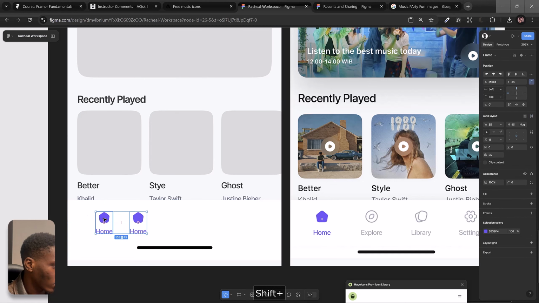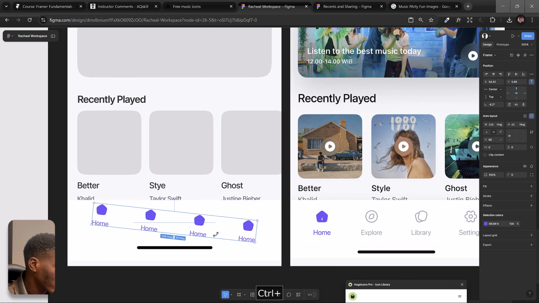I don't know how the distance is going to be, but we need 4 of these, right? We need 4 of these. I think the 4 we have is okay. Then let's spread them all and make sure that it's sitting at the center of the frame. We can even spread them more again. Okay, so all of these